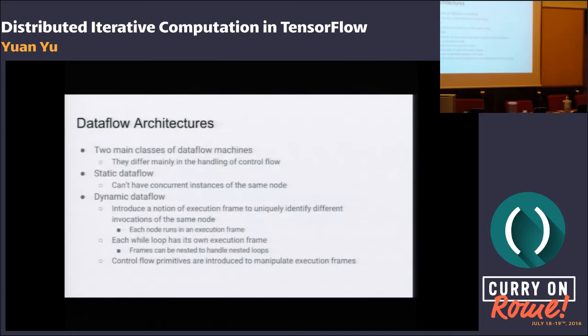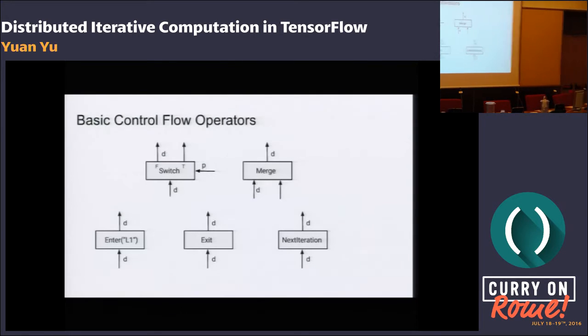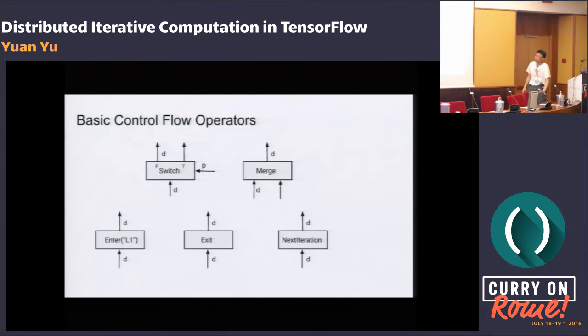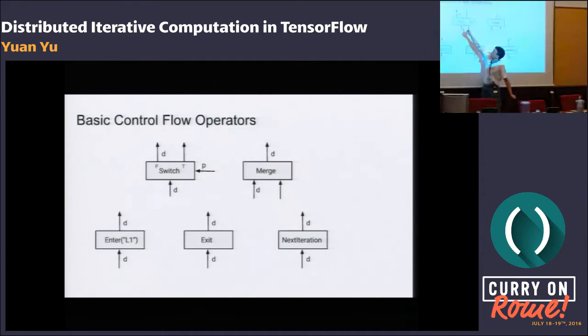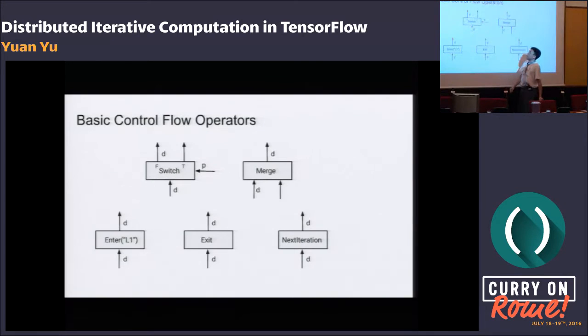So this is what I'm going to show you, which is essentially these five operators. The first one is Switch, which allows you to forward the data either to the false branch or the true branch, depending on some predicate. Merge basically says I have two or maybe multiple inputs, and if any input is available, it's going to forward it out.